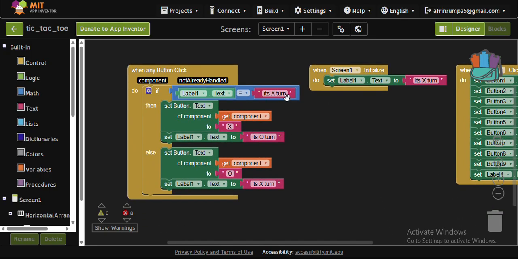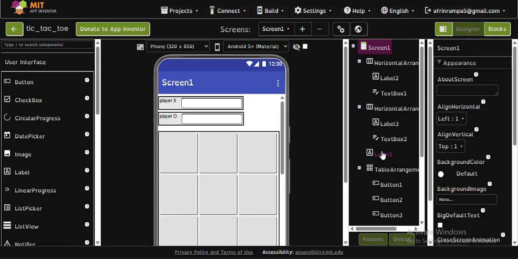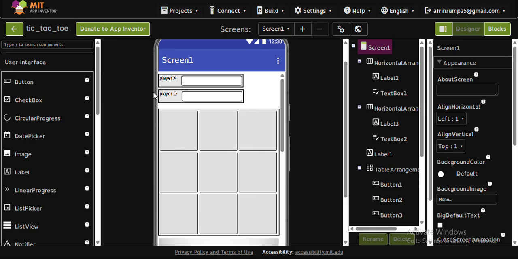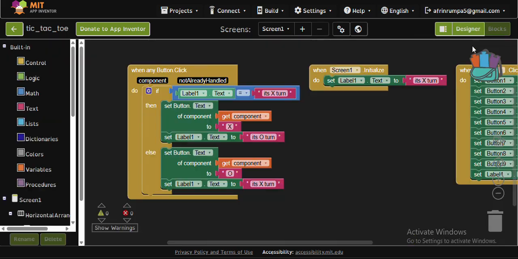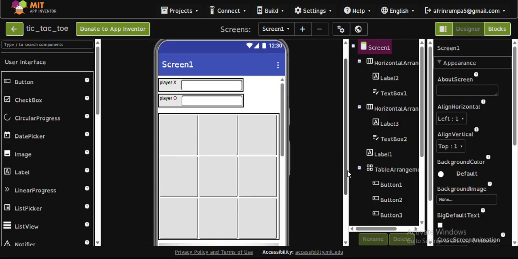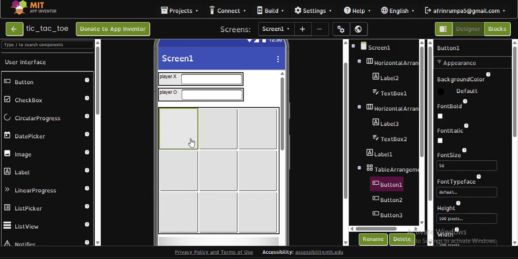So when the text of label 1 is X's turn, it's going to set the button's text to X. Imagine this is the component, button 1. When this is pressed and it says X's turn,